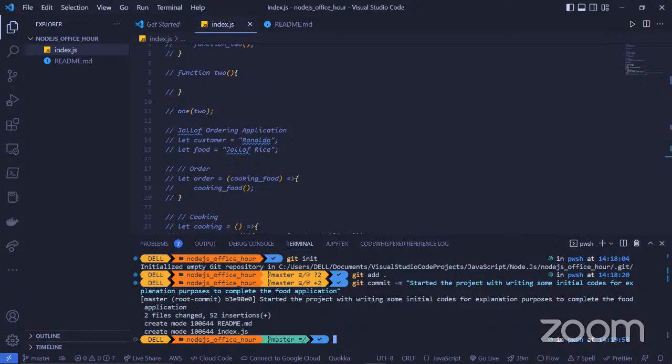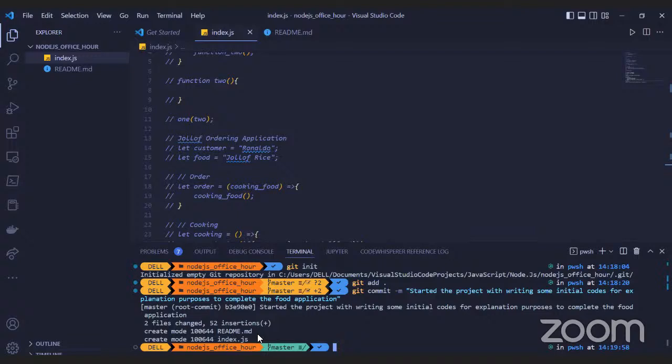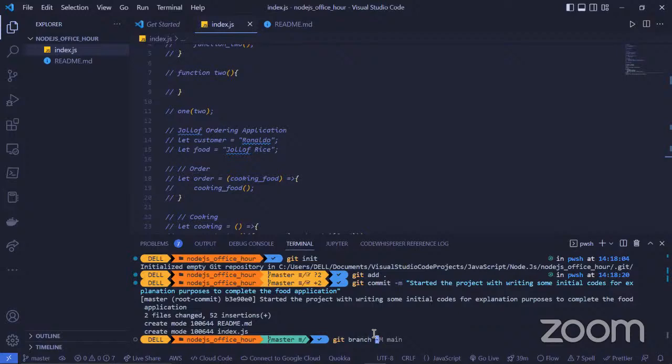So what we've done now is commit the changes. We change the branch name, then add our remotes. So the way to change the branch name is by saying git branch. Okay, I already have. So now, instead of master, you see this master here. I don't know if you can see my cursor. Master has changed to main.